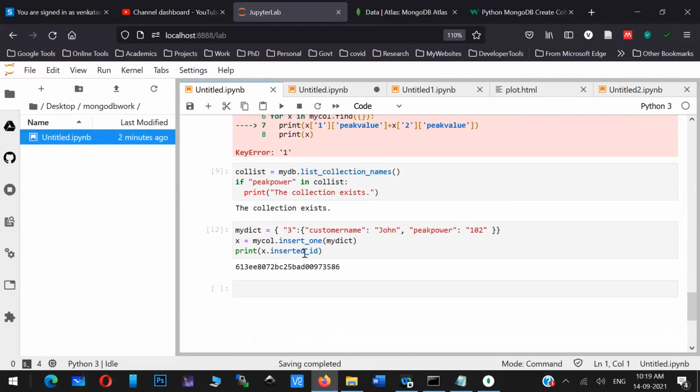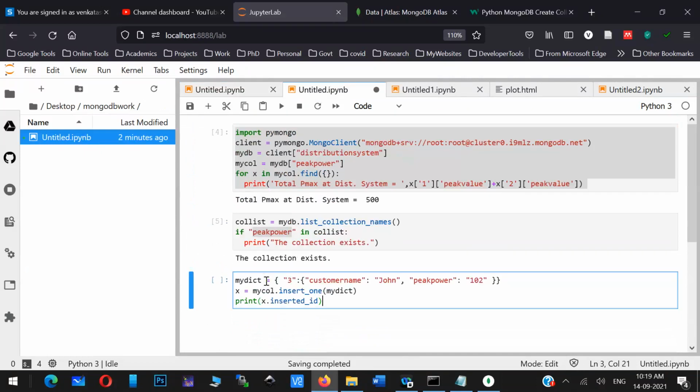Okay, so let me give you one example of how you can insert data into MongoDB. So now what I'm trying to do, I created one dictionary variable or JSON document, whose name is say maybe data.